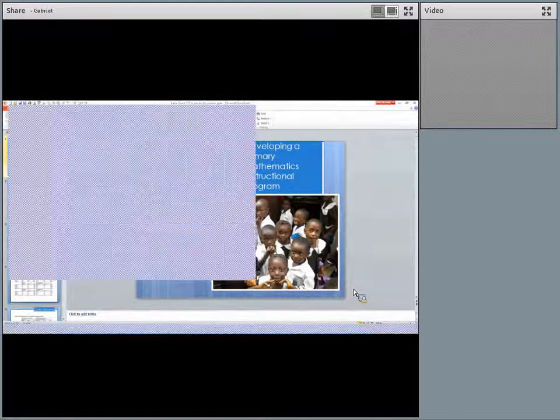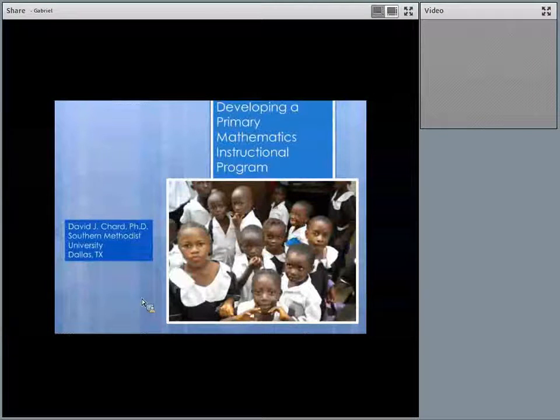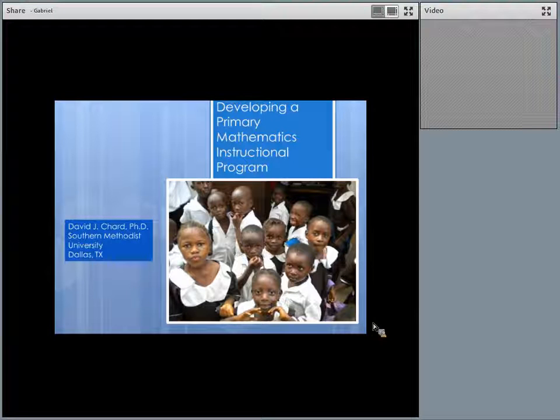The first thing I want to show you is an illustration of the need for improvement in early mathematics, sort of foundation mathematics understanding in Liberian classrooms. And the first slide, if you can go there, I'll ask you to focus on particular data that's circled. Slide number 1, please.